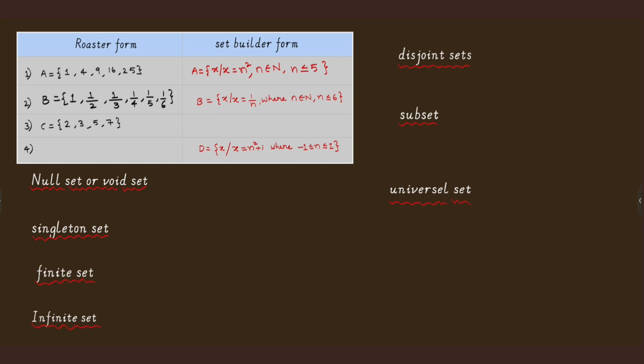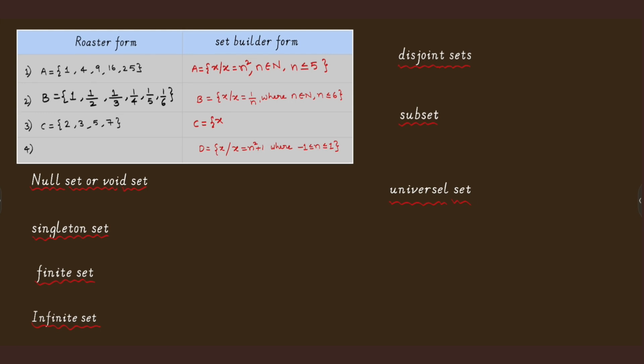Hope you all understood. Now the third one, roster form is given. Again we have to write set builder form. We have to identify the common property there. 2, 3, 5, 7 are prime numbers. So all these are prime numbers. So we can write it as C is equal to